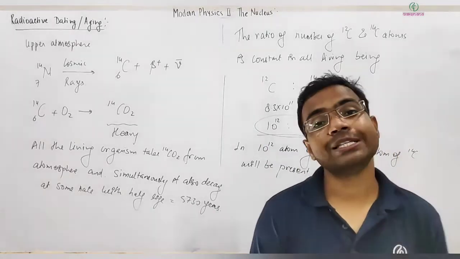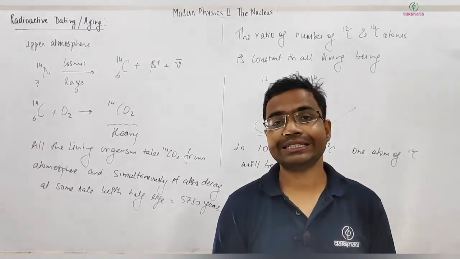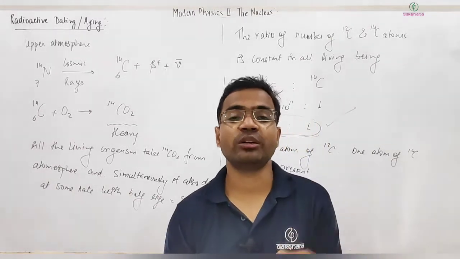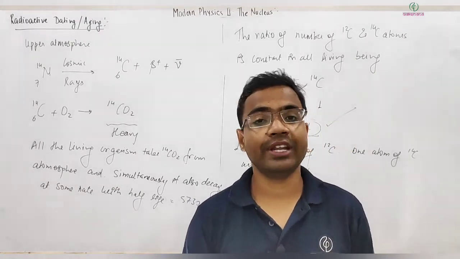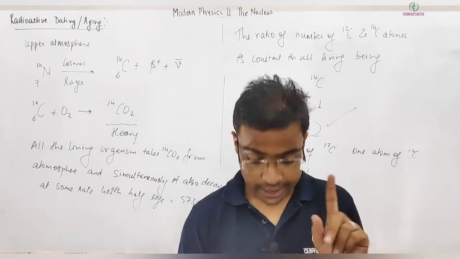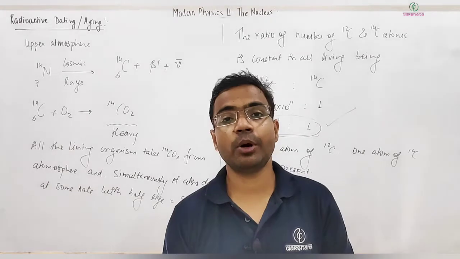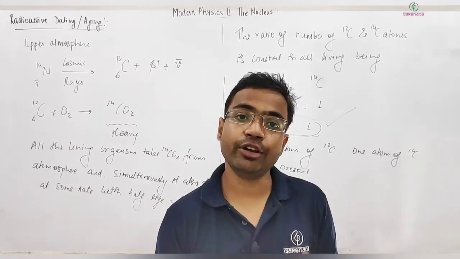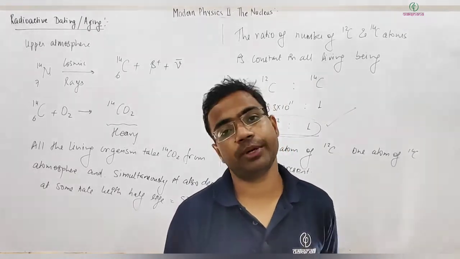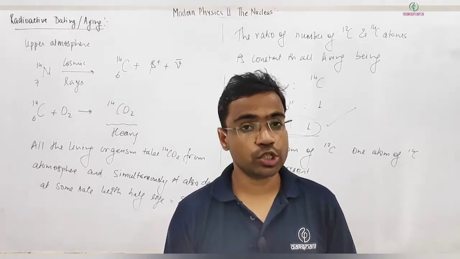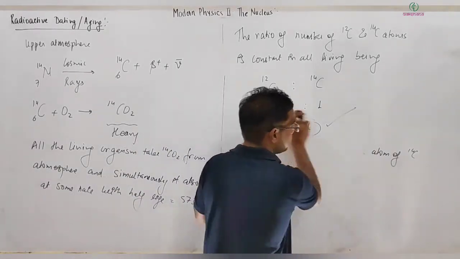But what happens once the plants and animals are dead? When they are dead, you can easily imagine that there will not be any intake of carbon 14 in the body, or the carbon 14 intake will stop, right? But because the carbon 14 present in the body is radioactive, it can't stay there. It will start decaying, converting to some other stable elements. So in that process, in dead animals or dead plants,